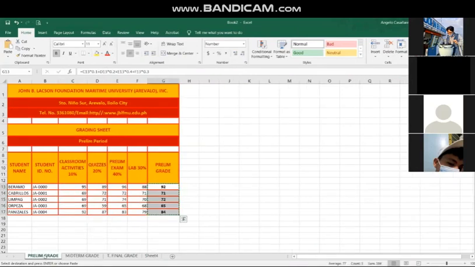Tingnan niyo po. Kunyari, balik tayo sa prelim grade. Kunyari, yung grade ni Limpag pala dito sa may laboratory, nagkamali yung pag-encode ng teacher. 75 pala dito. So yung final grade niyan, nagiging 73. Automatically, doon po sa final grade na